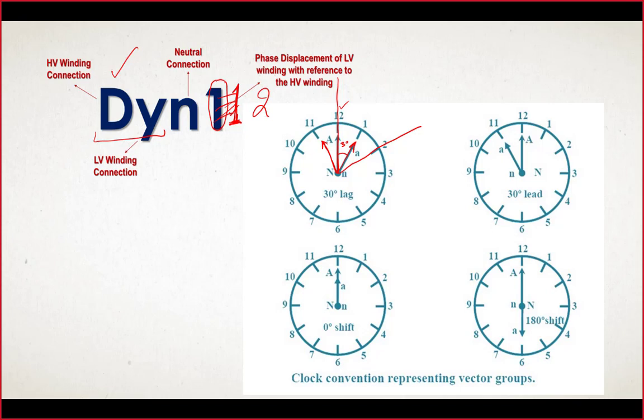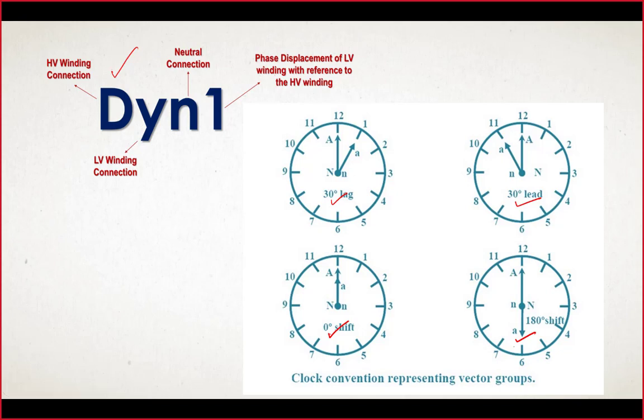So in this way, this number at the end will describe the position of the low voltage side vector with respect to the high side, if the high side is placed across the 12. So that will be a number on the clock. Here different phase angles have been shown: 30-degree lag, 30-degree lead, no phase shift 0, both are across the same, and here we have a phase shift of 180 degrees. Okay, in this way phase shift will be described.